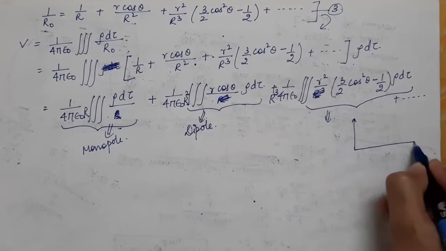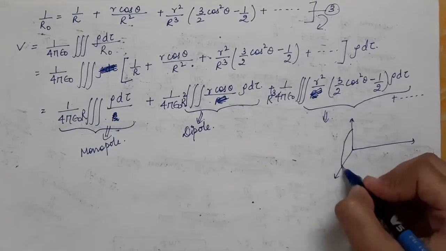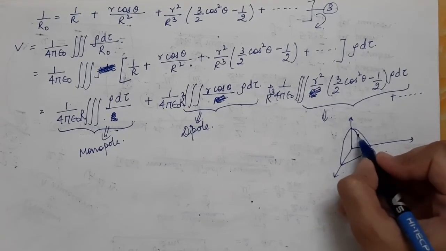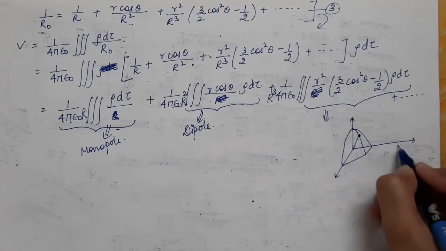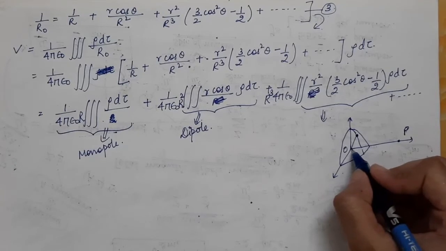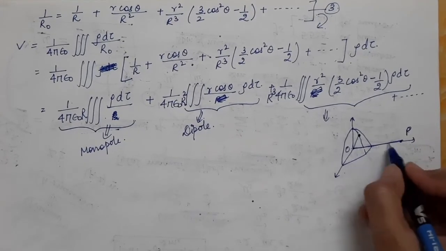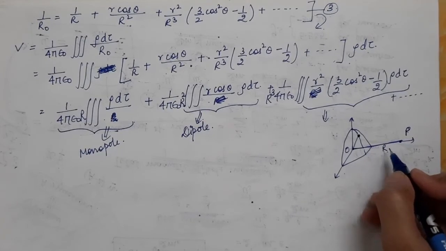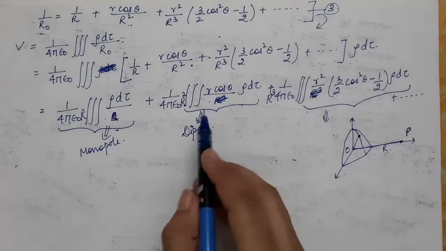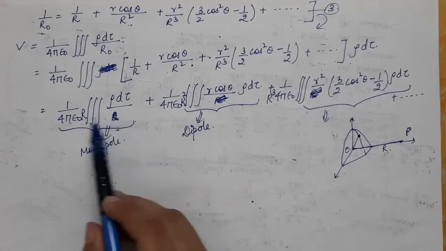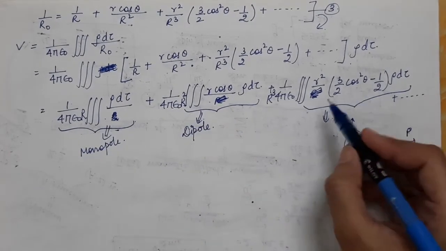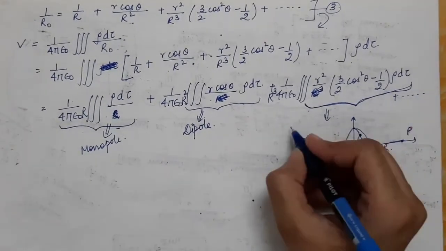this was a charge distribution and this was the observation point, a particular volume element, and this point capital P, the distance of this point from the origin was capital R. So capital R is independent of the integration, so it will always remain a constant value. So R can be taken outside. I have taken the r square term outside, and here the capital R cube term, and this term is called the quadrupole.